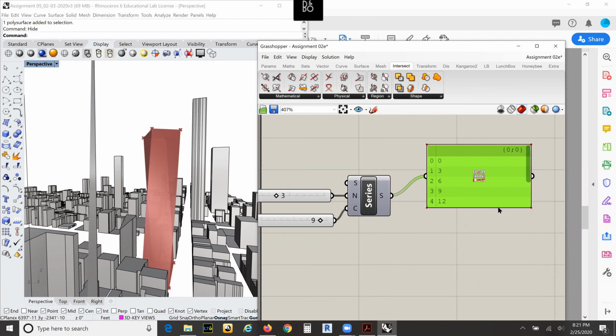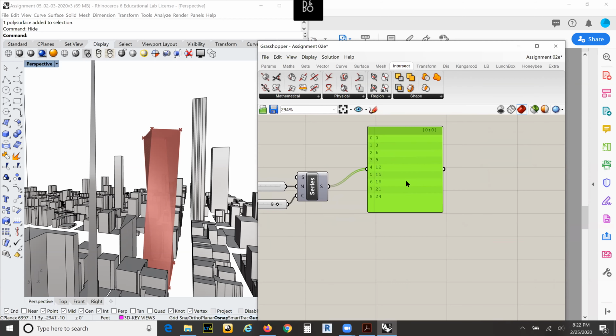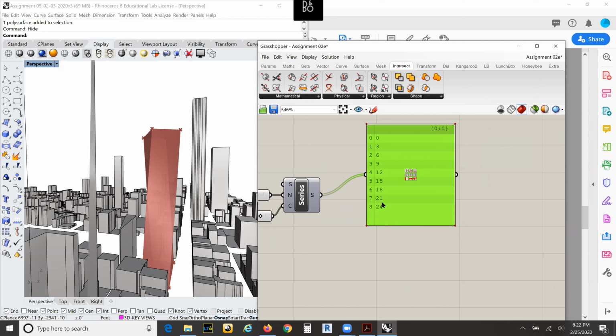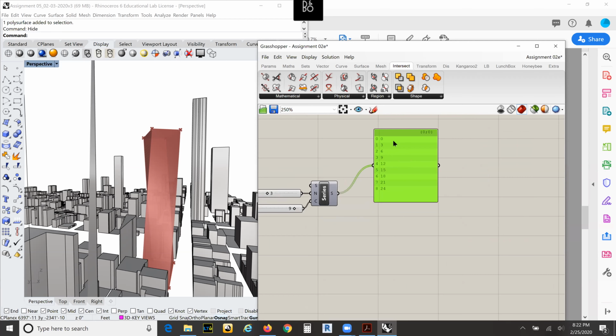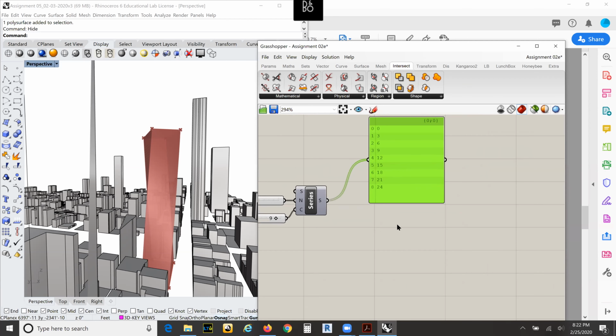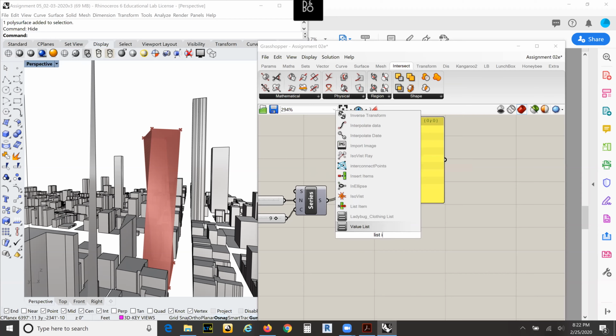If I have a series and I want to call these out individually, I just want that individual number. I don't want to graph this or branch this. I just want the number 6 out of this. I can say List Item,